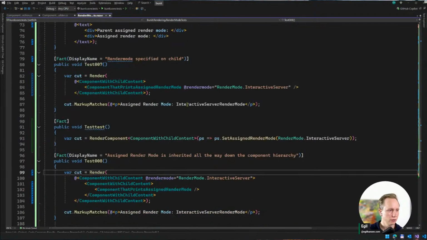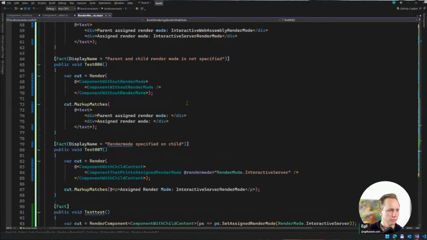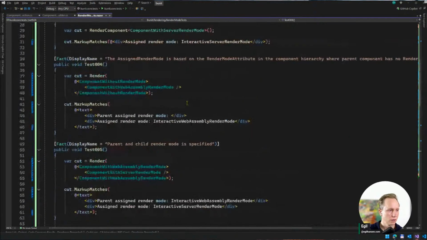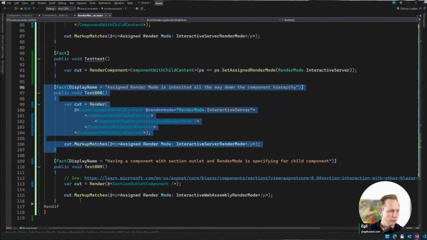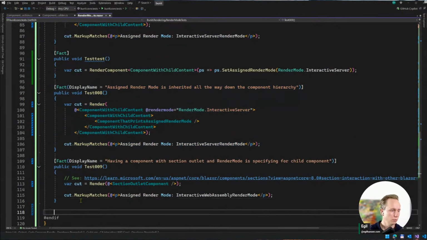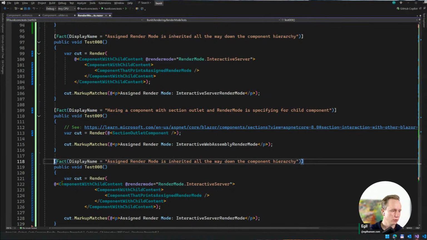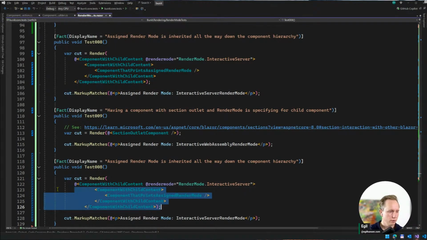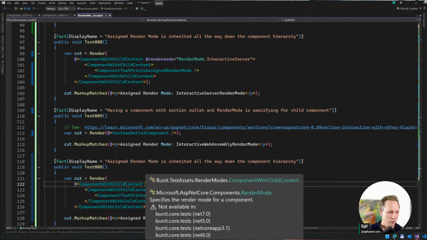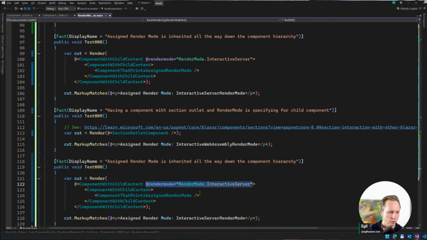Or maybe I'm mistaken. Well, what I want to have is a test that basically throws an exception, because we might as well advise users that they're trying to do something that is not right. So for this, we want to have something like this, where if you do this and say interactive WebAssembly,